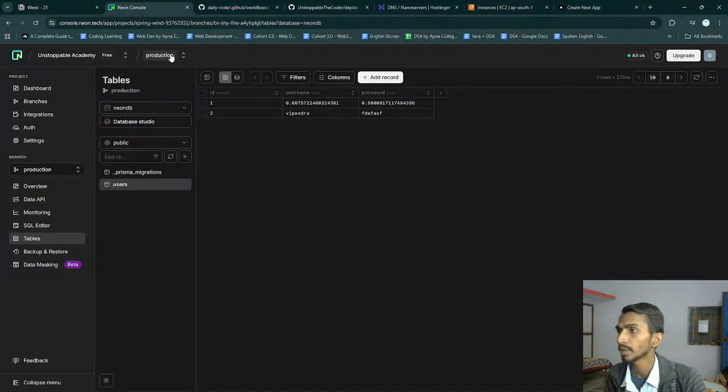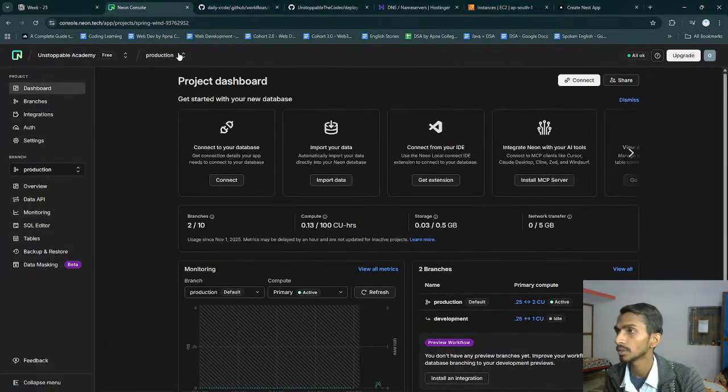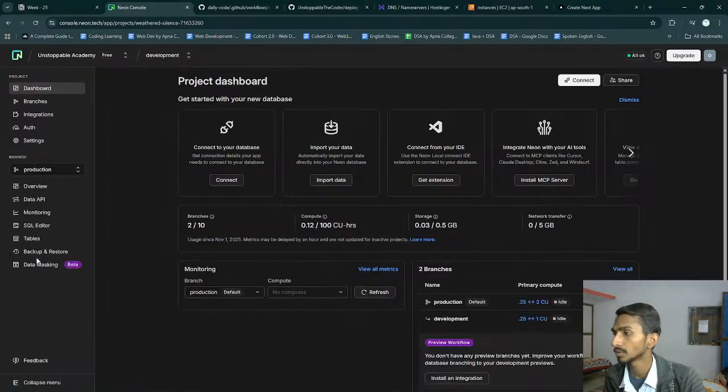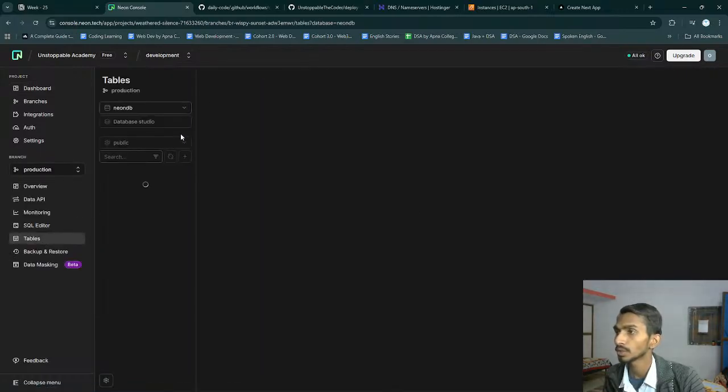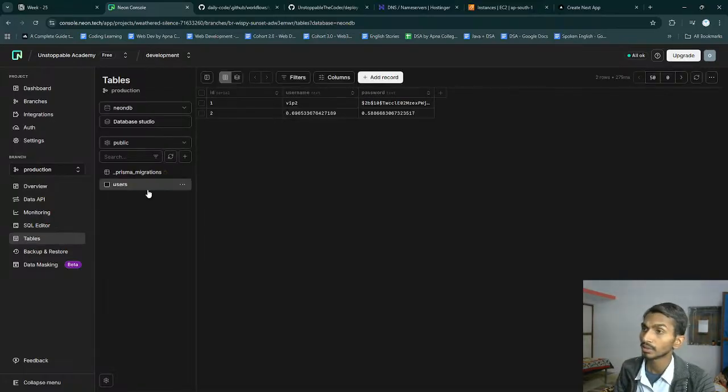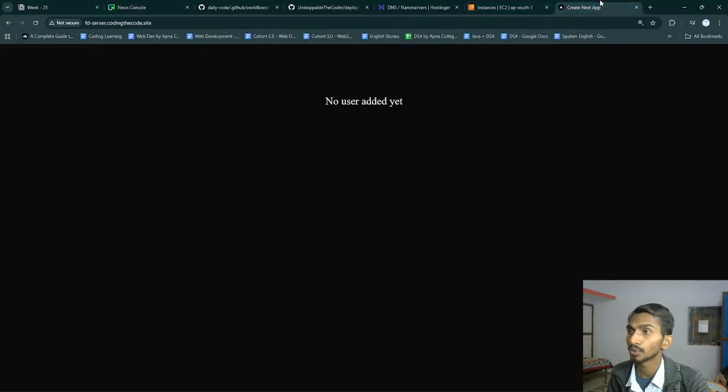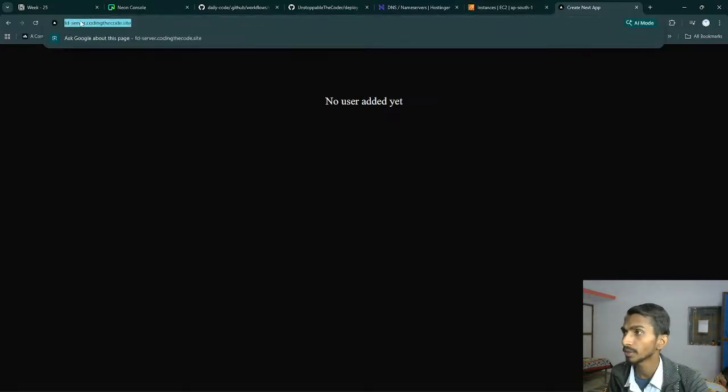This is insane. If we just have a look at the development section in here, let's have a look at the users. So we will definitely get the users in here for sure. We saved the users earlier. So yeah, there are two users right now, VIP and this. So ultimately we have users in here.